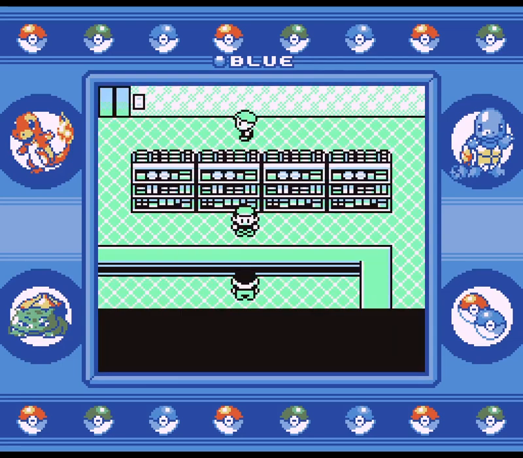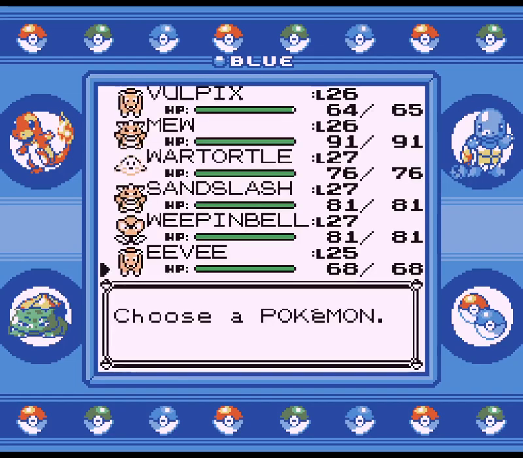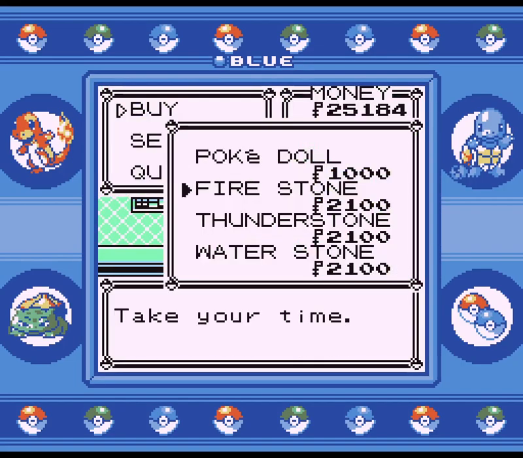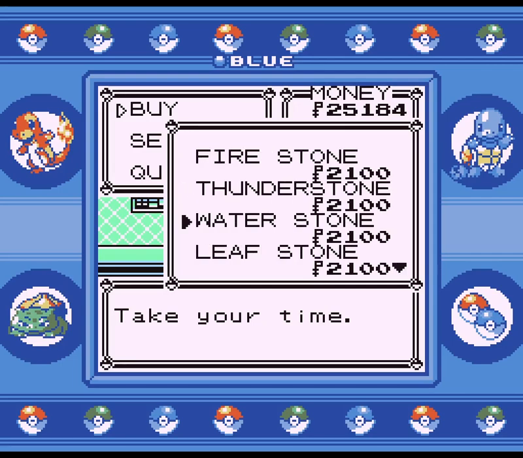However, there is one thing I do need to point out. Eevee. Eevee is a unique normal type that interacts with elemental stones. We are going to buy one of these stones to evolve this Eevee right here, right now. The choice I'm making...